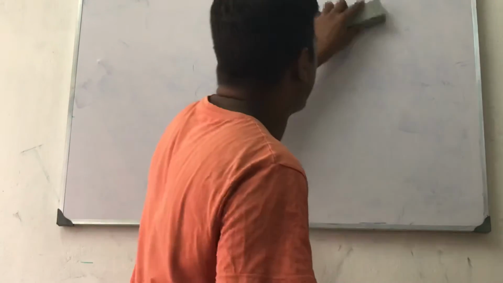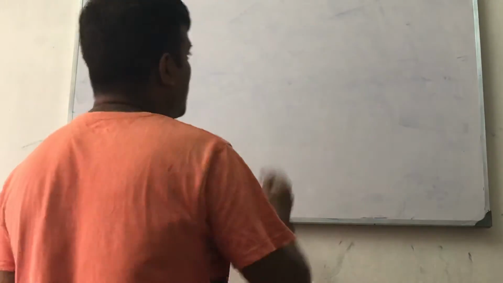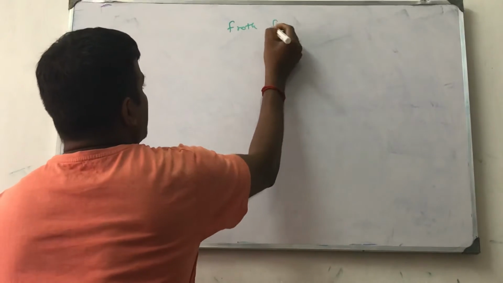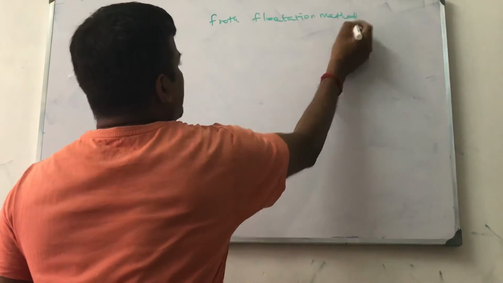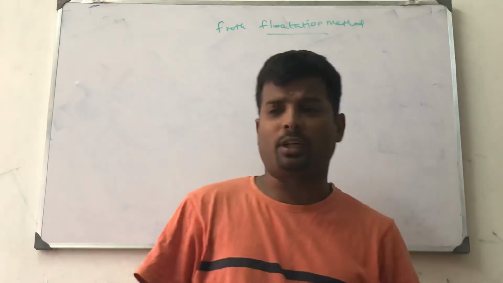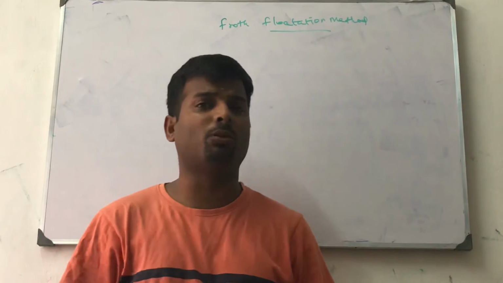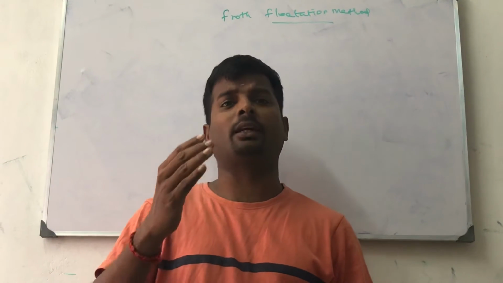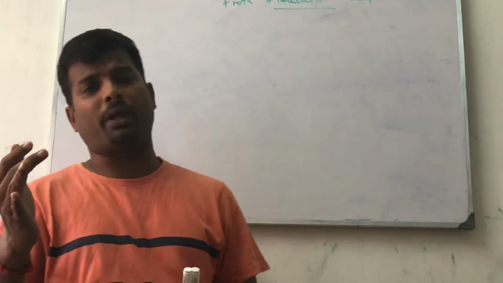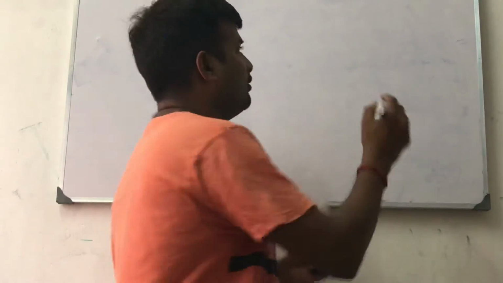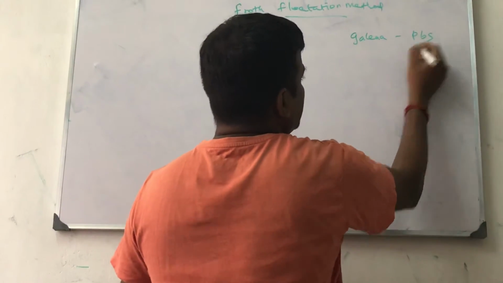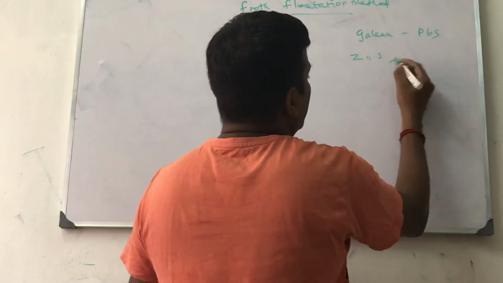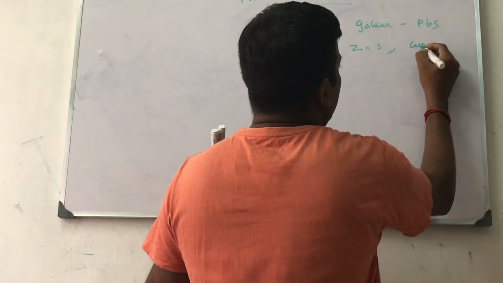Next one is called froth flotation. Next method is called the froth flotation method. It is an important method. In this method we can remove ores like zinc sulfide, copper pyrite, galena, etc. Galena means lead sulfide, PbS, zinc sulfide, ZnS, and copper pyrite,